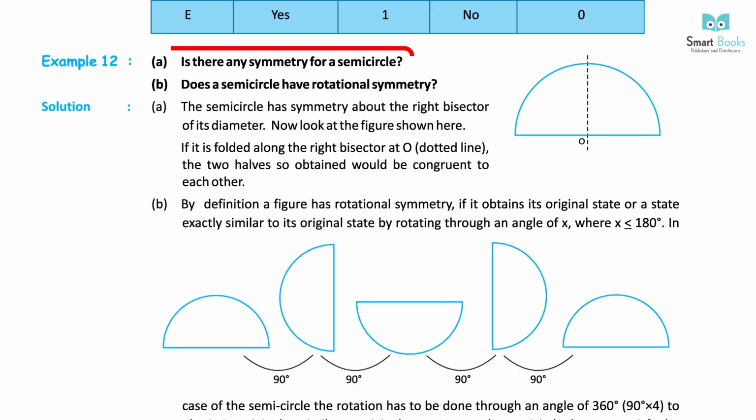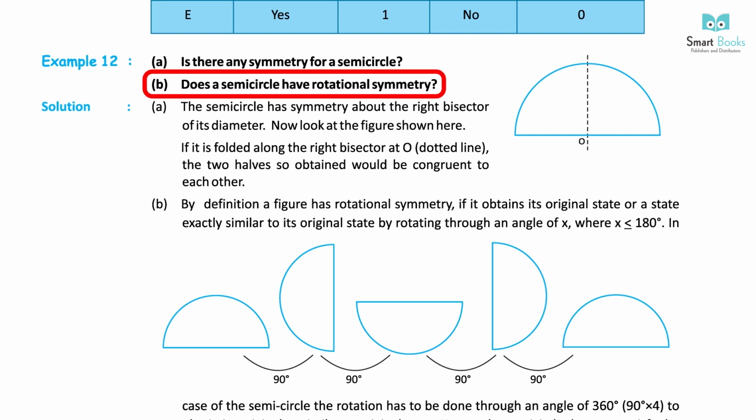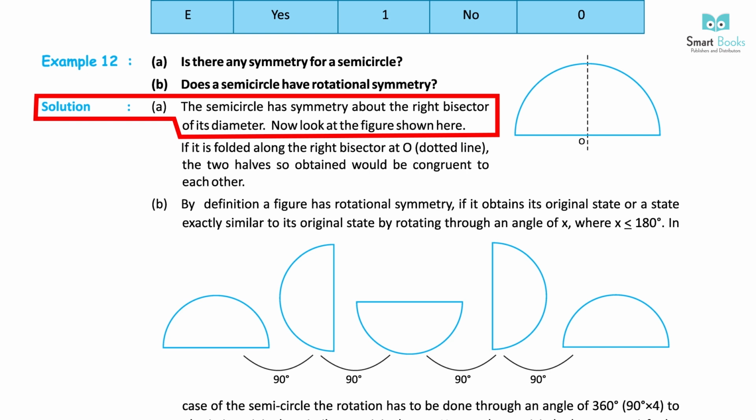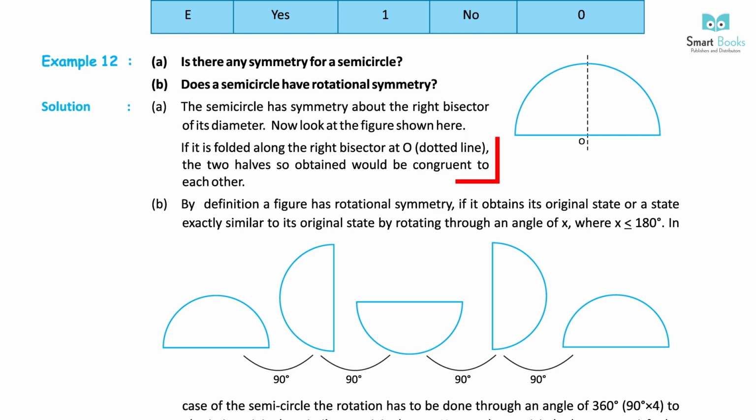Example 12. A. Is there any symmetry for a semicircle? B. Does a semicircle have rotational symmetry? Solution. A. The semicircle has symmetry about the right bisector of its diameter. Now look at the figure shown here. If it is folded along the right bisector at O, the dotted line, the two halves so obtained would be congruent